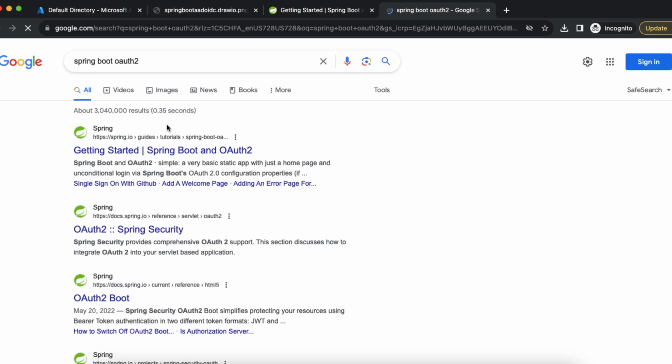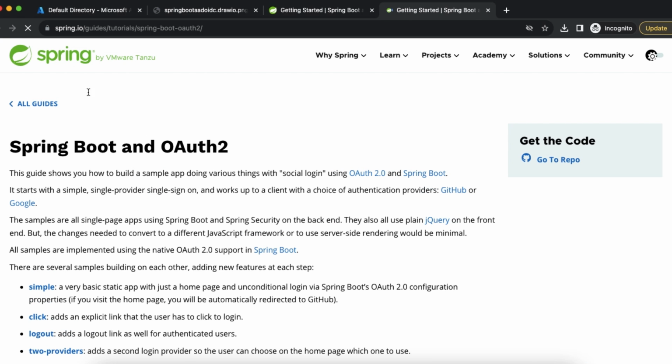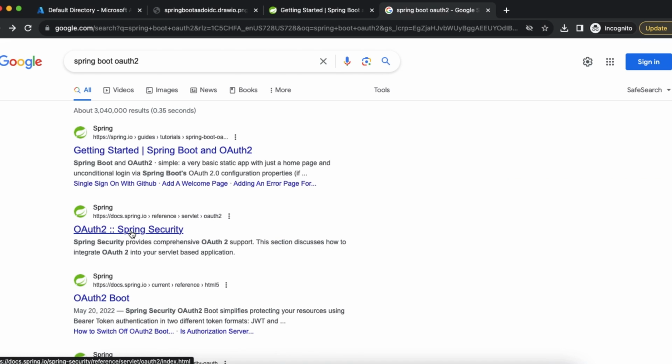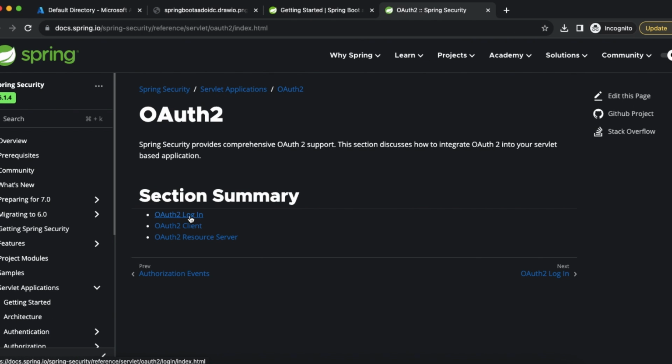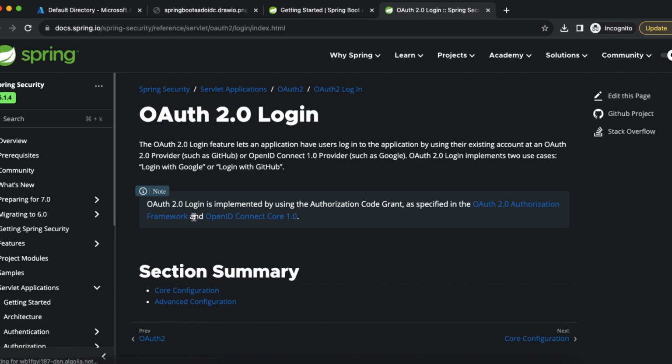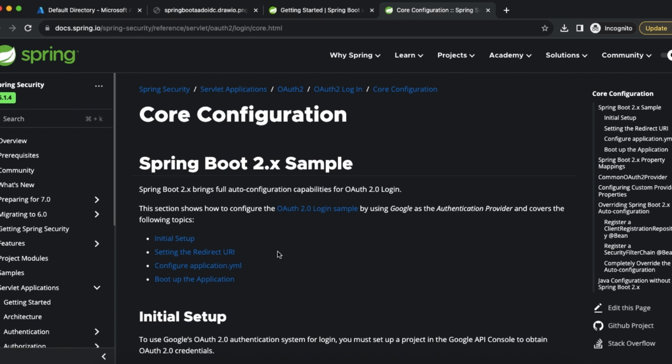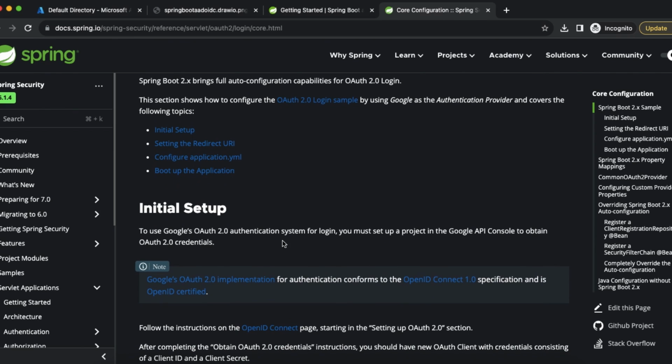So search for Spring Boot OAuth 2, not this one, actually this one, and select OAuth 2 login and core configuration. So let's keep both these pages open and I'm going to switch back and forth between both these blogs and the official documentation to copy some of the configuration and source code and then modify it accordingly to integrate with